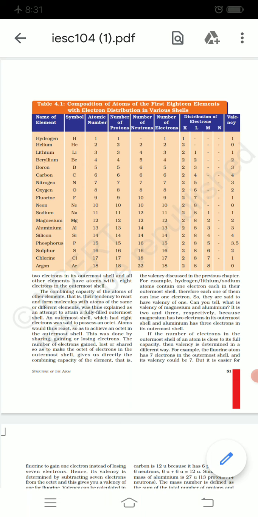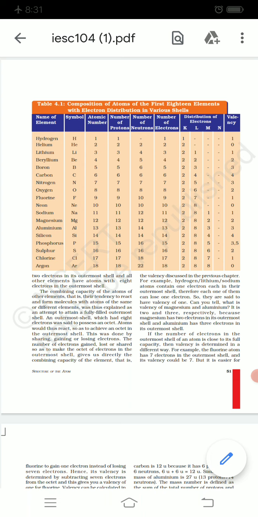Now the valency part. For valency, first of all understand valency of helium, neon and argon. For helium maximum 2 electrons are there. It will not gain any electron, it will not lose any electron because it is stable in this state. Similarly for neon 8 electrons are there. For argon also 8 electrons are there in the outermost shell. In these three cases valency is 0. For other cases, hydrogen 1, lithium, beryllium, boron, carbon 1, 2, 3, 4. And for sodium, magnesium, aluminium, silicon 1, 2, 3, 4. In cases of 1, 2, 3, 4, valency will remain as it is.